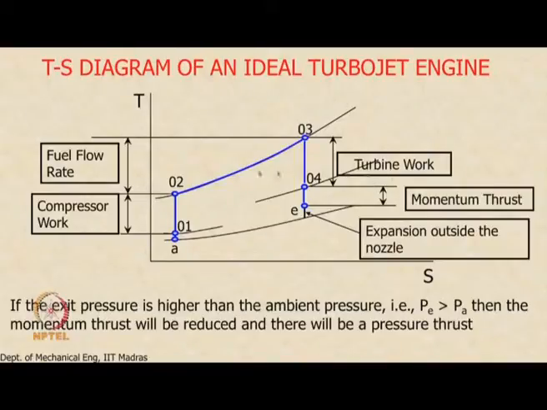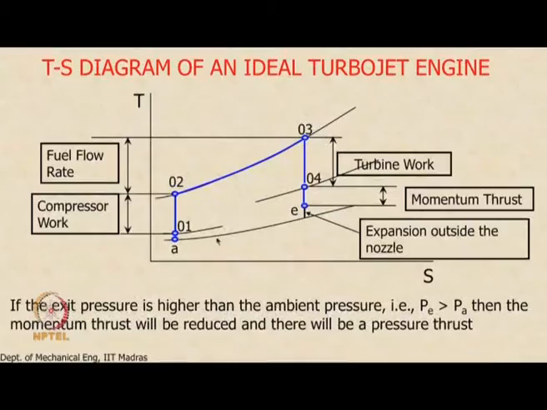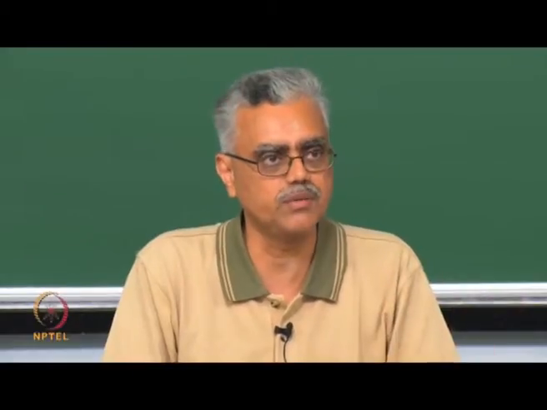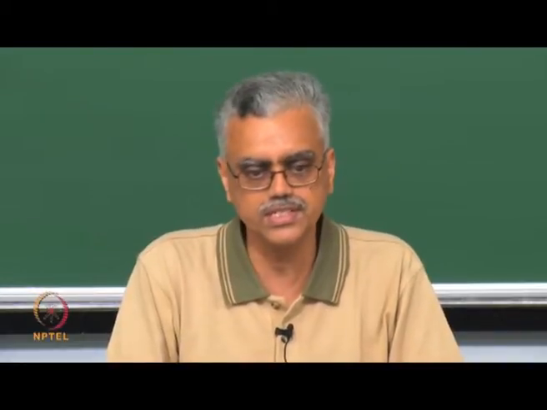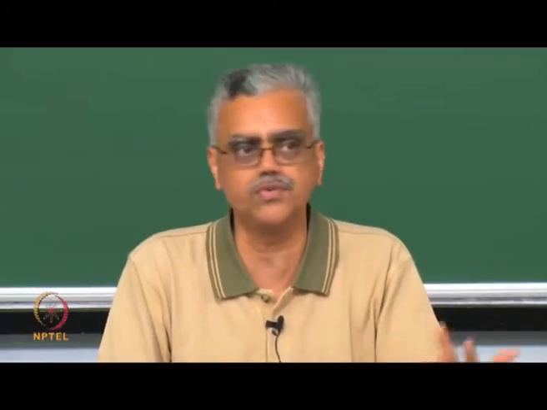So you see the different terms here, and what we are going to try to see next is how the thrust is affected when we adjust the different parameters in the cycle. What are the parameters in an ideal turbojet cycle? There are only two parameters. One is the pressure ratio. The other one is the turbine inlet temperature. These are the only two adjustable parameters in the cycle. So what is the effect of adjusting these parameters on the thrust and the fuel consumption? These are the two things that we are looking for. Let us take a look at that next.